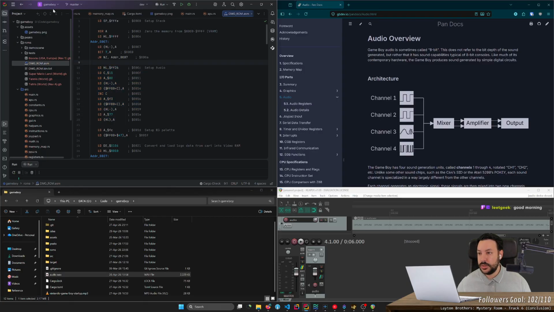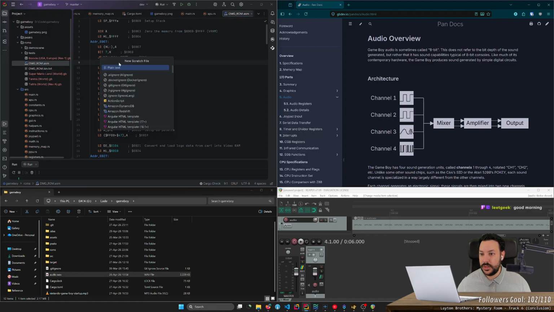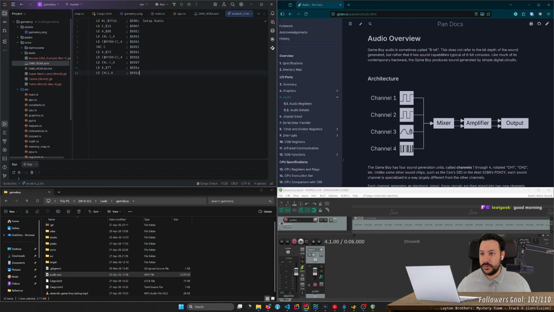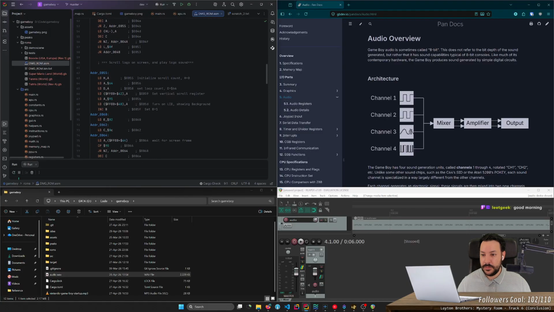So maybe I should create an empty file. At boot immediately we set up this audio, and then 4 seconds later we do something else, let me see if I can find it.